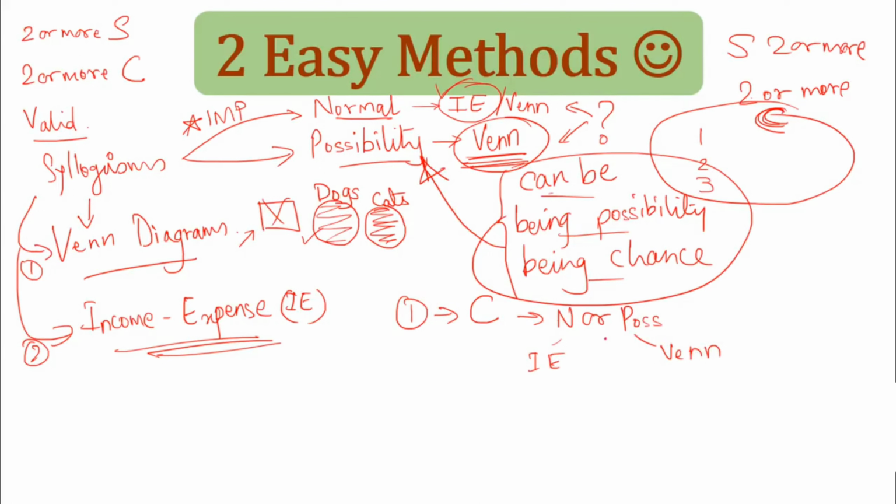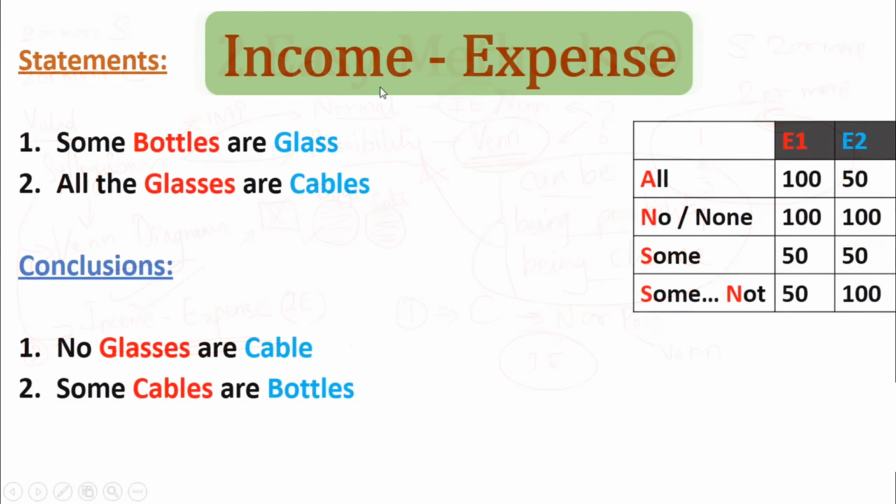Now, let us move on to understanding what exactly the income expenditure method is. You might get scared seeing the screen, thinking this looks a little complicated and I might not be able to do it, but don't worry, it is extremely easy. I'm not only going to tell you how to solve the sums using the income expense method, but I'm also going to teach you how to remember it. It's very easy, there's nothing to it. I've just added colors to it so that I can better explain it to you and differentiate things for you.